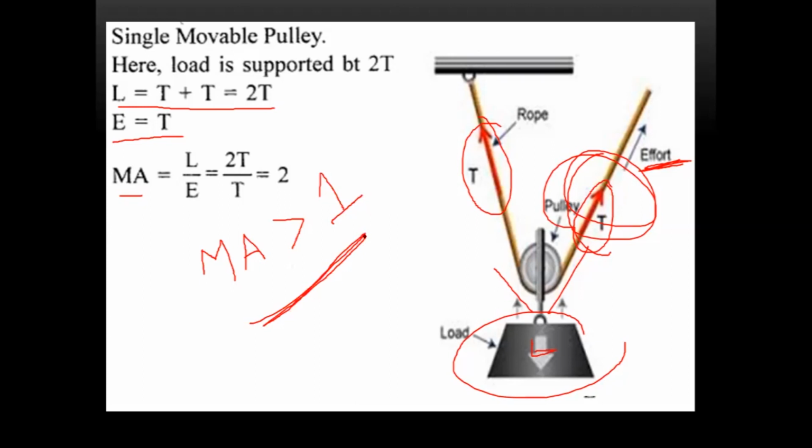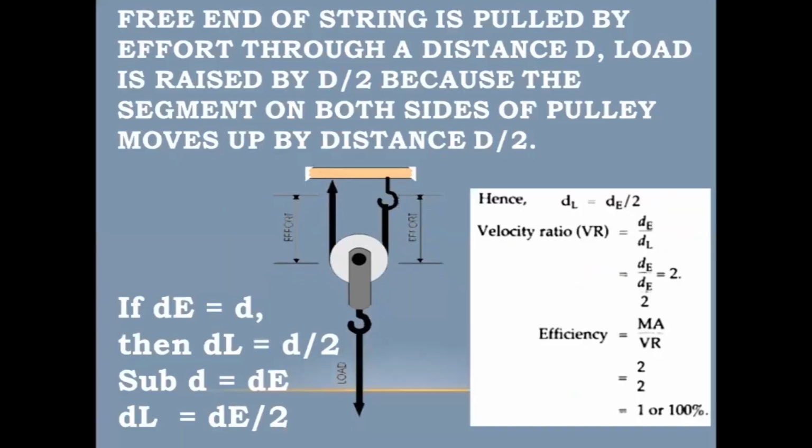And this is why the movable pulley is used to move huge objects. For example, it is used in elevators. Elevators are nothing but lifts, in order to move to the second floor or third floor. You might have seen it in shopping complexes, malls and all. So this is the advantage, and this is what makes the single movable pulley very special. So knowing the mechanical advantage, let's move on to the velocity ratio.